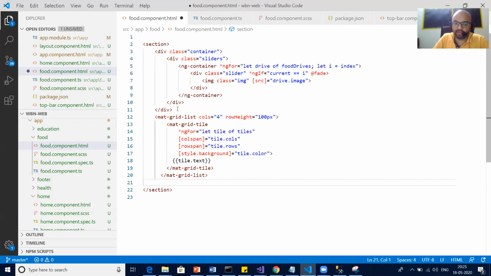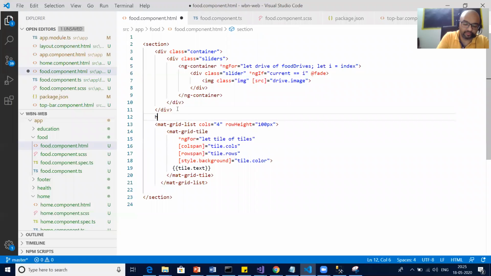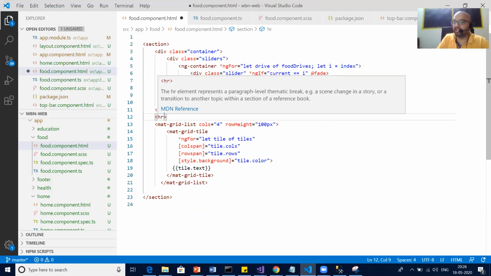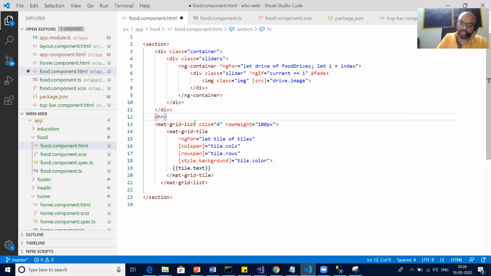Okay, now we see how mat grid list, or mat grid, works basically. Here we are talking about, first of all, everything is dynamic. First thing is how many columns you want in a row, correct? You want 4 columns, 2 columns, 3 columns, 5 columns, 6 columns, 8 columns.